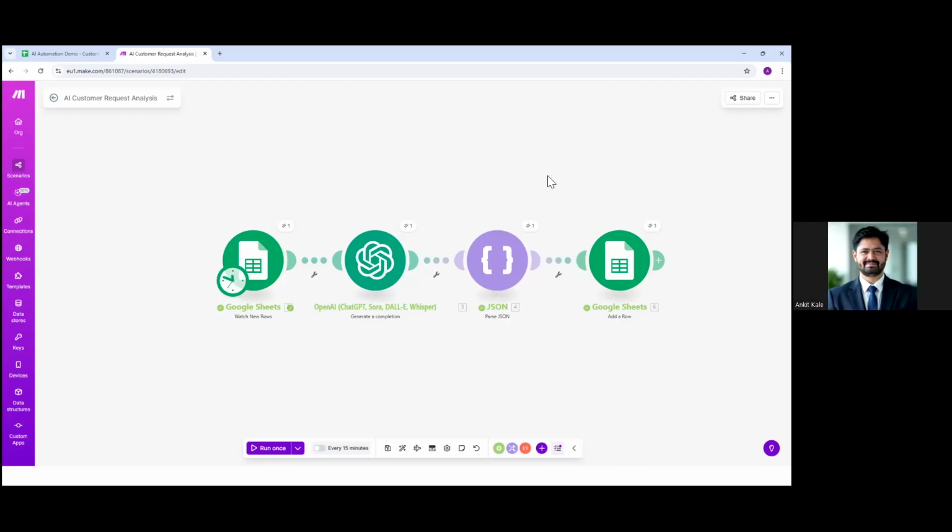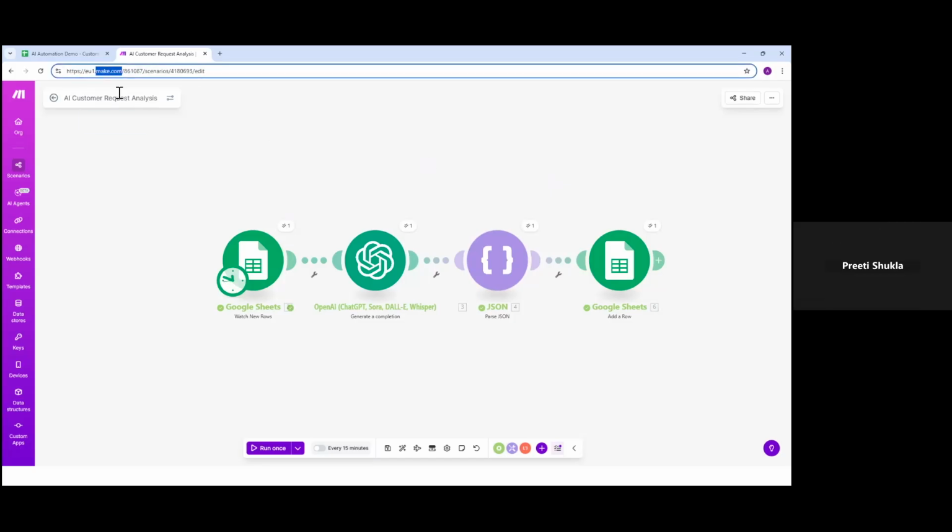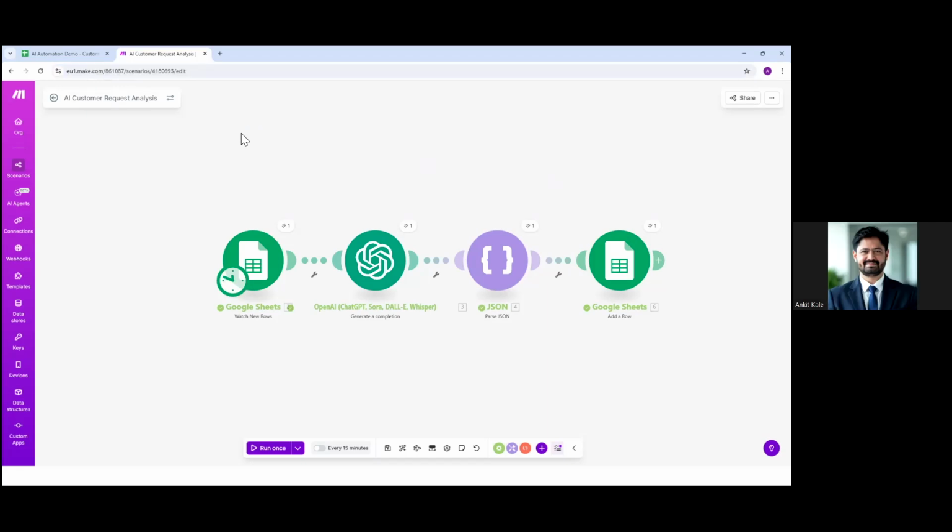Yeah. So there are multiple platforms. So make.com is one of the platforms you can see over here. This is one of the platforms. There are other platforms as well. Zapier is there, N8N is there. So there are a lot of automations which can be done using these platforms. Right now over here, this OpenAI is the LLM which I have used. But we can connect it to Claude or Gemini depending on what kind of automation that we need.